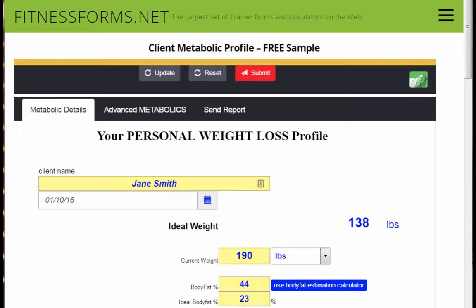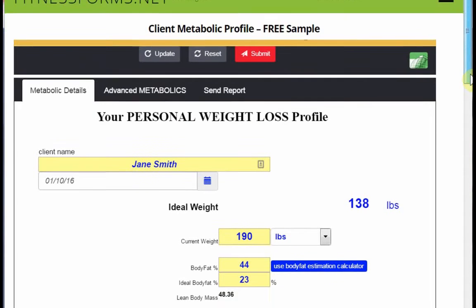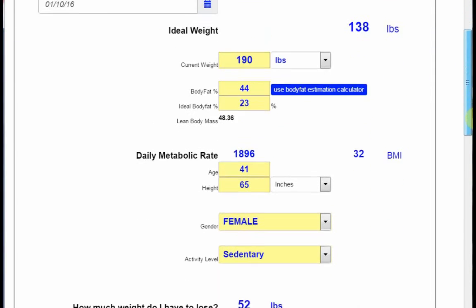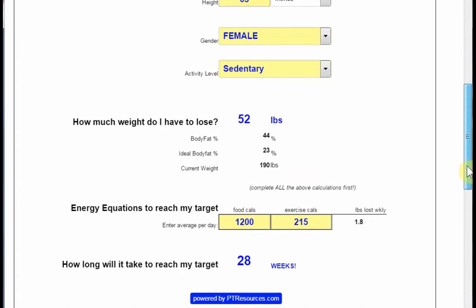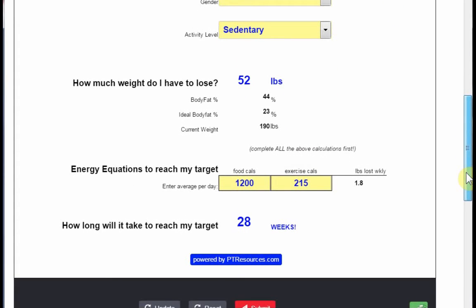This is JJ Armstrong. Today I'm going to talk you through the client metabolic profile form. Now, this form is actually a very powerful form. So what we're going to look at is the first part, the metabolic details, which is the basic calculations where we're going to look at ideal weight, the daily metabolic rate, and how much they need to lose, and give them some